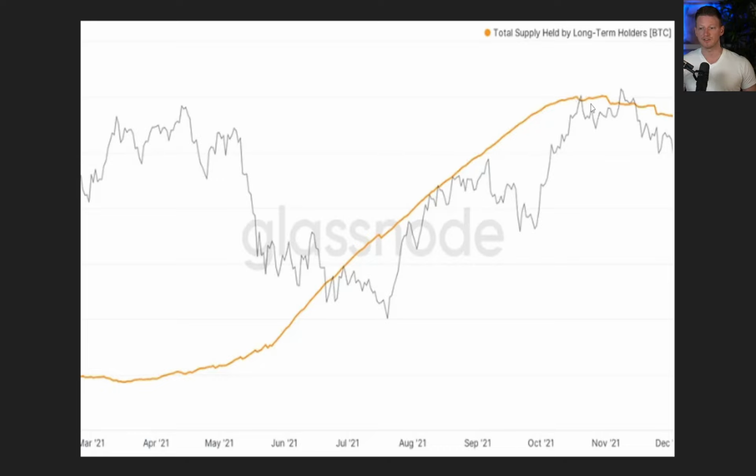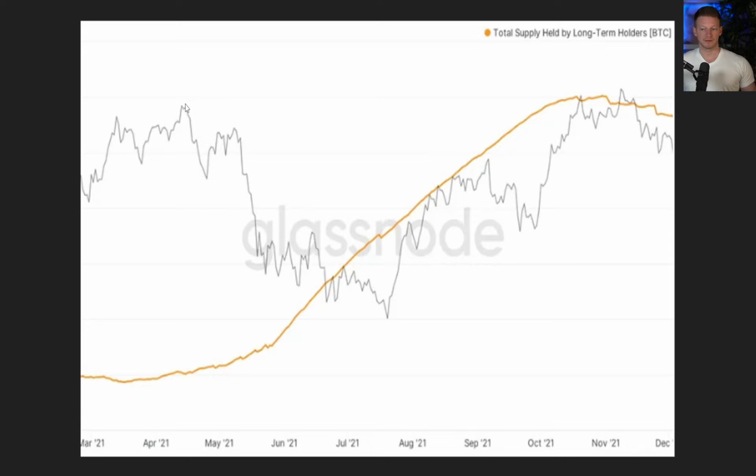So beginning of November basically into December, we've had this pretty slow downward movement of the total supply held by long-term holders. And you may be asking, well, why is that? Well, in my opinion, there's two primary reasons that we need to look at. Number one, we reached a prior all-time high, albeit barely above our previous all-time high. And when you account for things like money supply, maybe we didn't even reach an all-time high, or barely reached it, maybe right at the level where we were back in April.